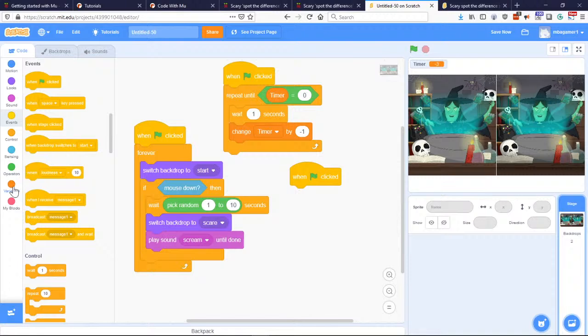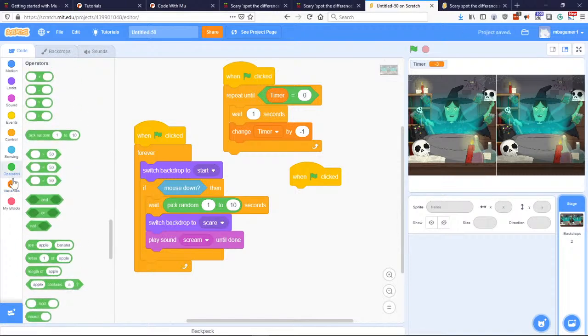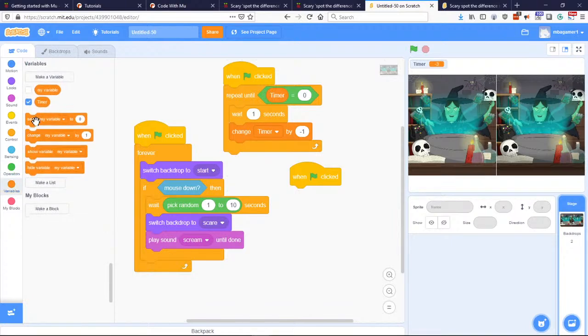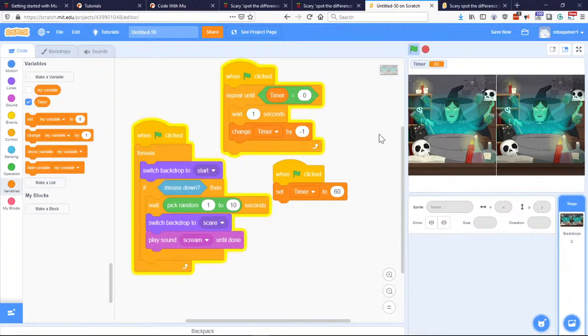Click that. Set my variable. Set timer to 60. There we go. All right. So when the flag is clicked, it's going to set the timer at 60, and then until it reaches 0, it's going to count down every second. All right. So here we go. There we go. Perfect. Okay. Now